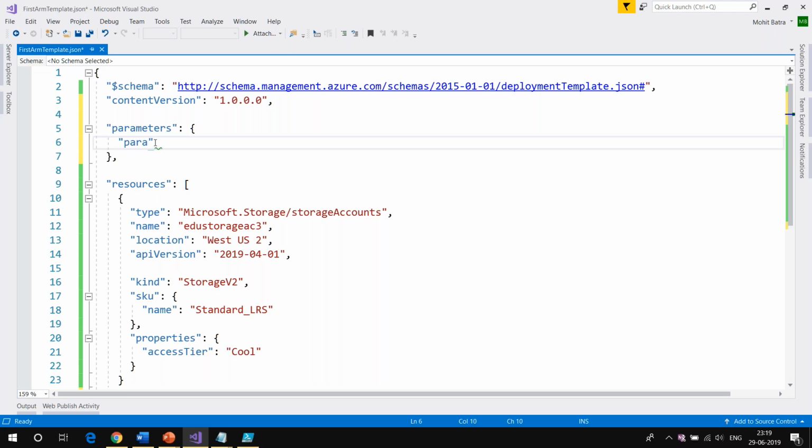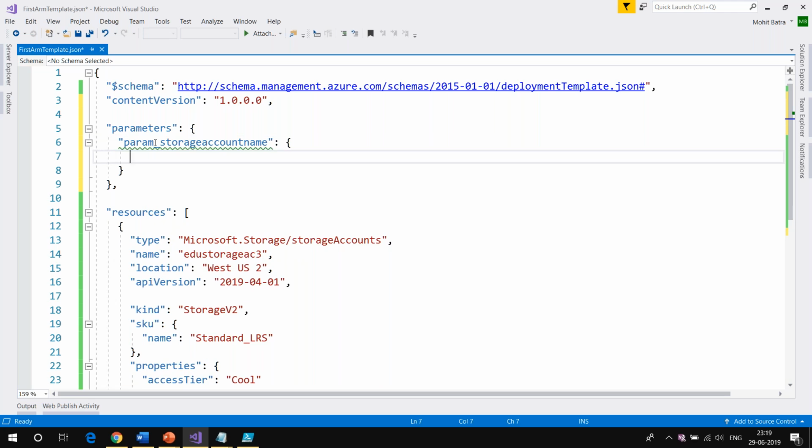Just like in the output section, I keep a name for my parameter. Let's call it param_storageAccountName. Then, just like in the output section, I provide the type. This time it is going to be a string, so I am accepting a string only.